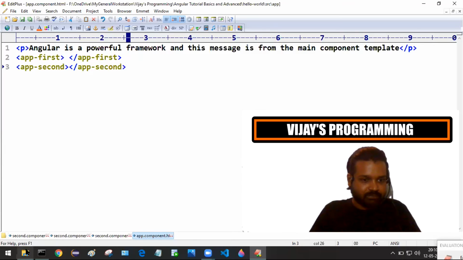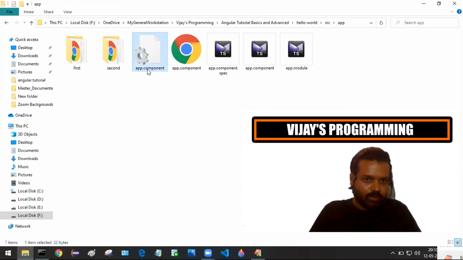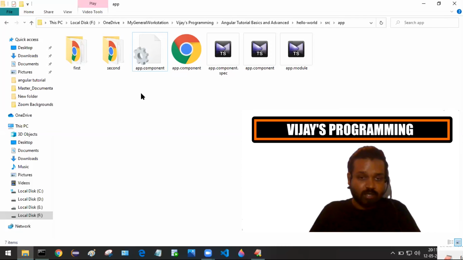And here we don't want to touch the app.component.css. We have already defined our style for the second component in the second.component.css file.